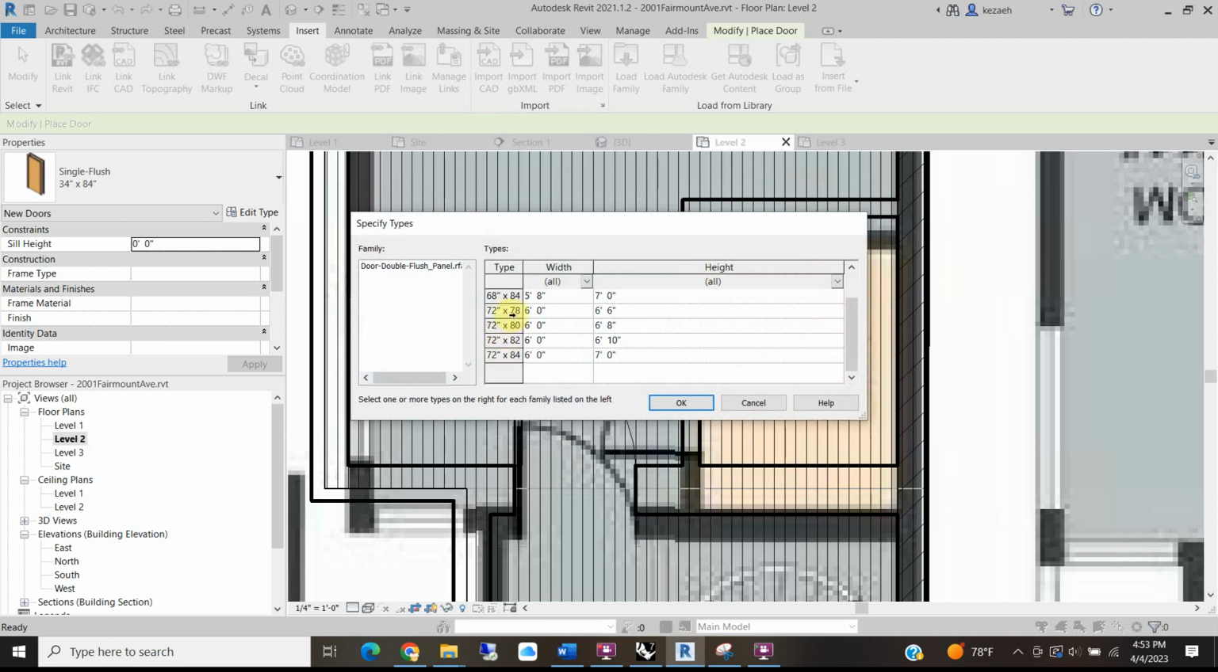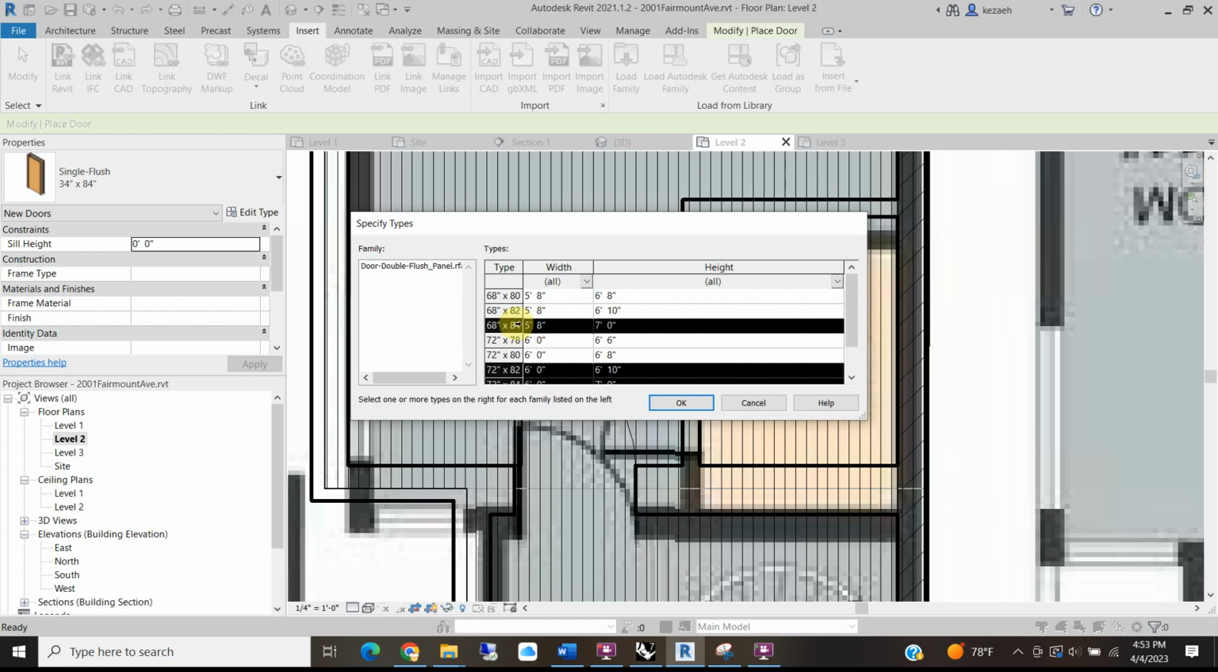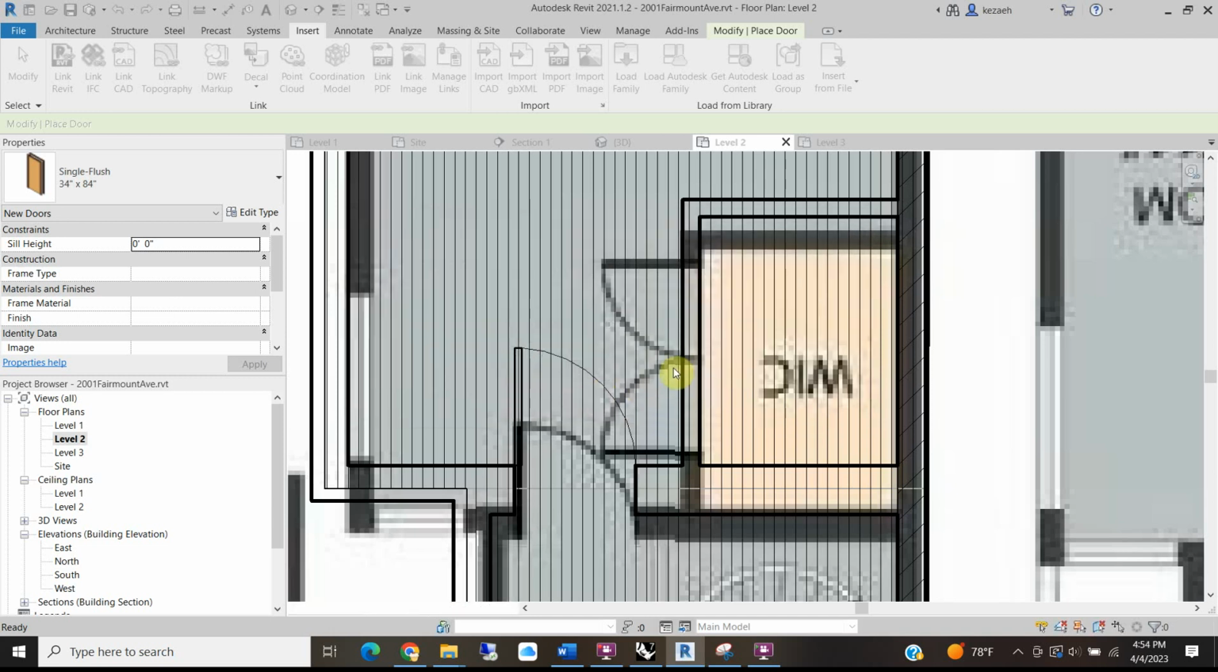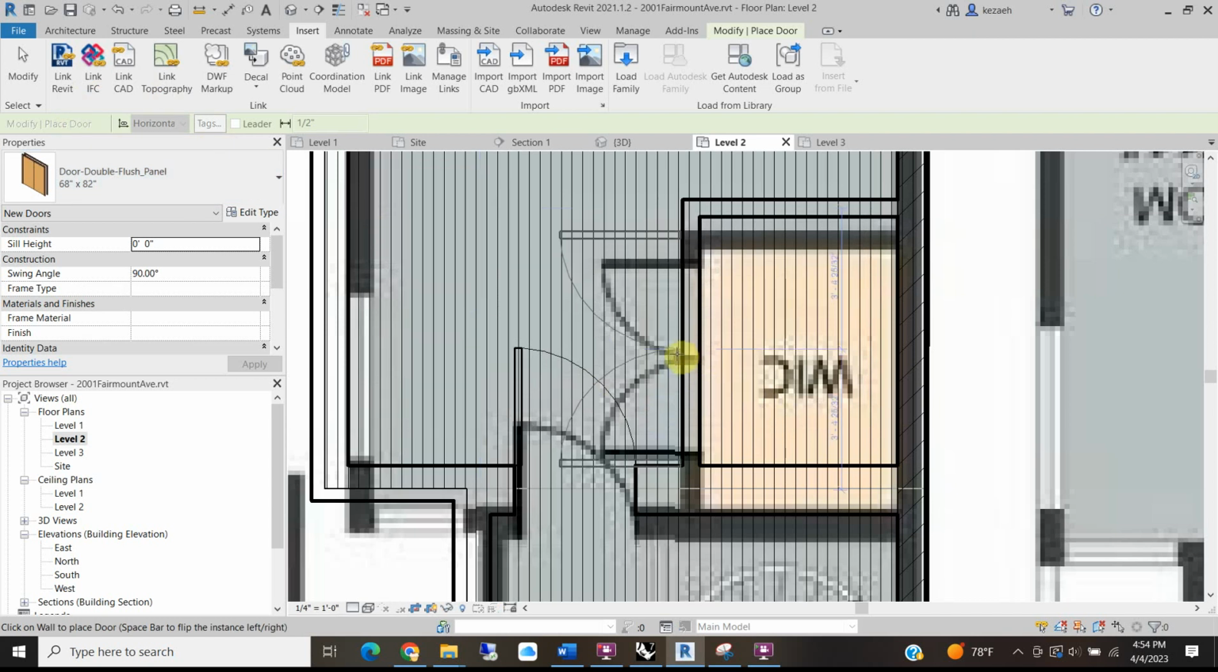And I'm going to bring in a few. These are the different types I can bring in. So I'm going to say 6 foot by 7 foot, but I also want to bring in maybe the 6 foot by 6'10", maybe also the 5'8" by 7 foot, 5'8" by 6'10", and then hit OK. Okay, so now I can go ahead and place those doors, and they actually look like they're still too large,